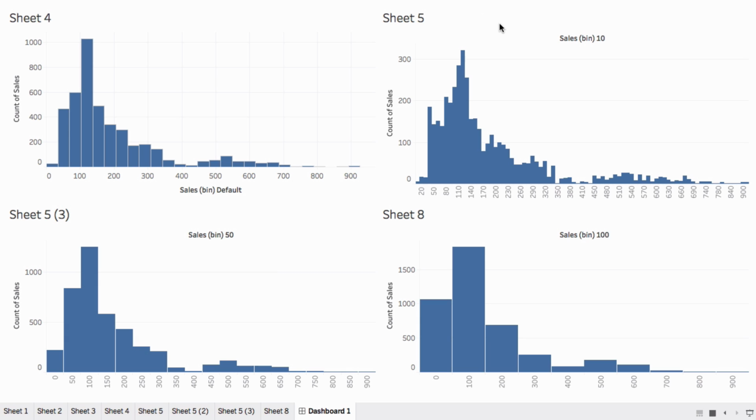And then which one is the one you'd pick? Depends on the story you were wanting to tell. Perfect answer. Depends on the story you're trying to tell. If your story is at first just to illustrate the fact that there's two distinct groups going on, which one would be the best one to show that? There's not a right answer. Either default or 50 to me seems like it's going to show that. But if you had another reason,